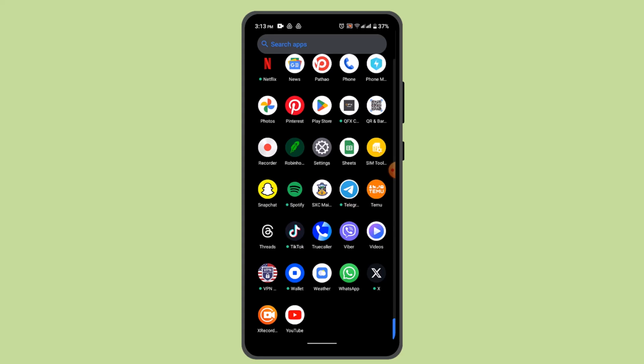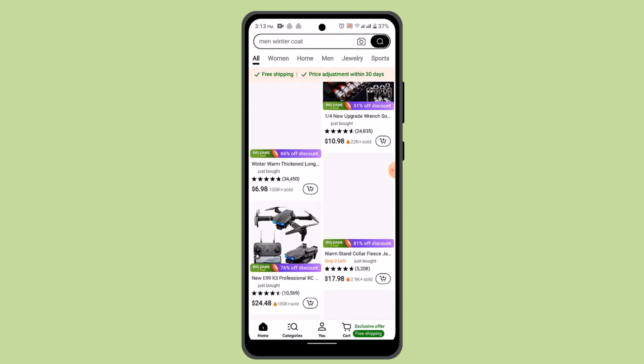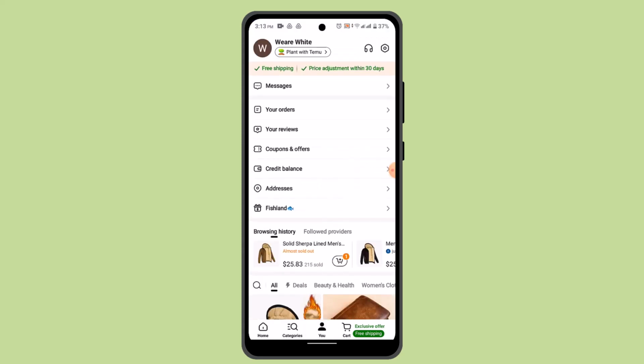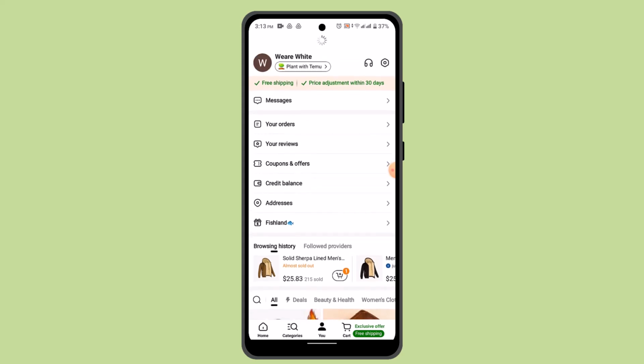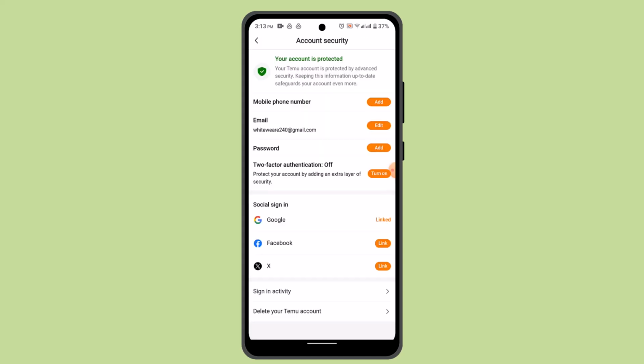Now first of all, you have to go ahead and log in to your Temu account. Once you're logged in, that's going to take you to the home page like this. Over here, you need to go ahead and tap on the You icon located right at the bottom, and here you need to go to the gear icon from the top right-hand side corner. After that, you need to go to account security, and here you can see there's an option as delete your